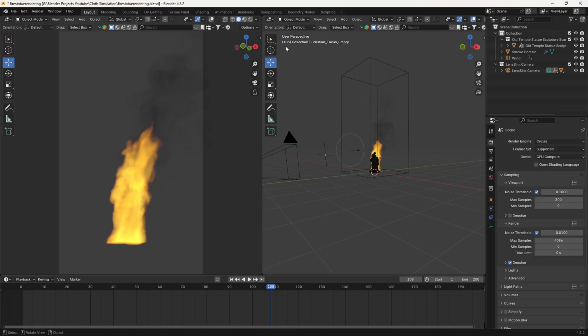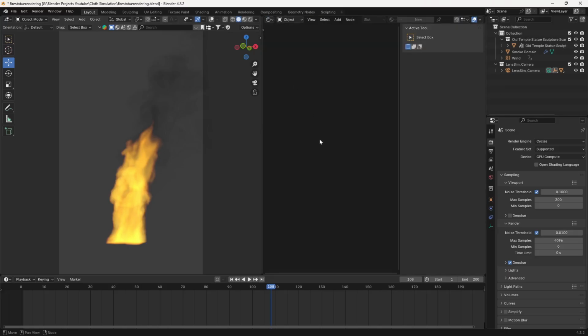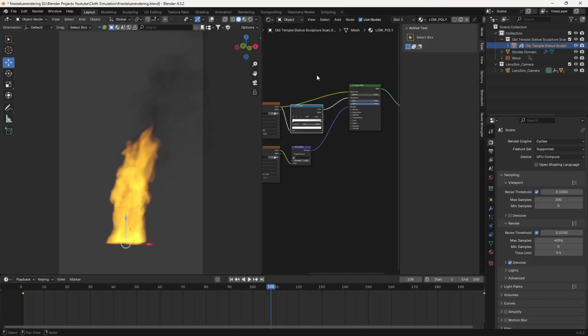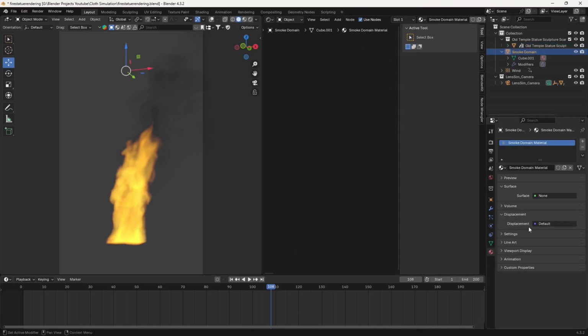In order to do that, you need to go to your shader editor, and we need to select our smoke domain. And you can see right now we don't have anything here. If I go to object as well, and if I click here, you can see we have this statue material. But if I open the smoke domain, you can see we don't have anything. And if I go to material, you can see we have a smoke domain material which is here. So I want to replace this with our new volume shader.